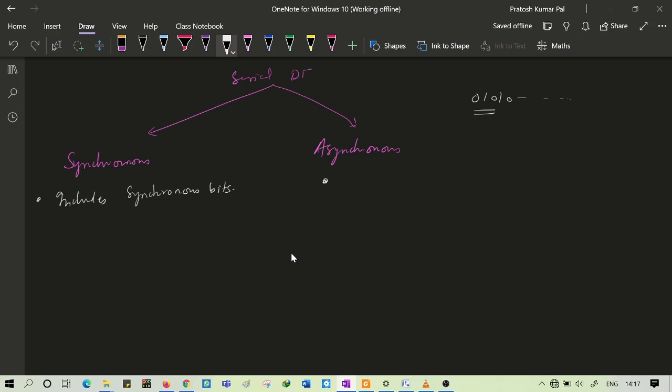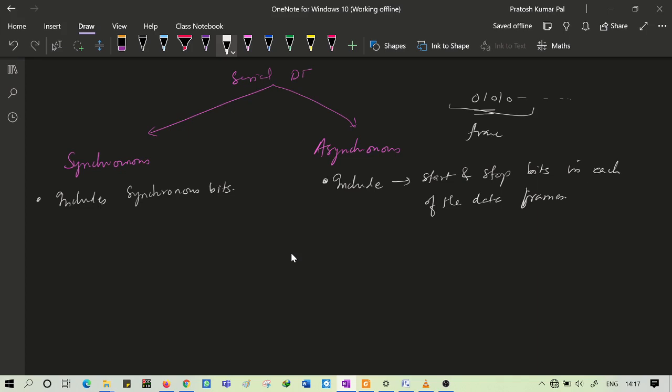So basically in asynchronous, to identify when the data has started and when the data is going to stop, it includes a start and stop bit in each of the data frames. A set of data that is to be transferred is considered as a frame.